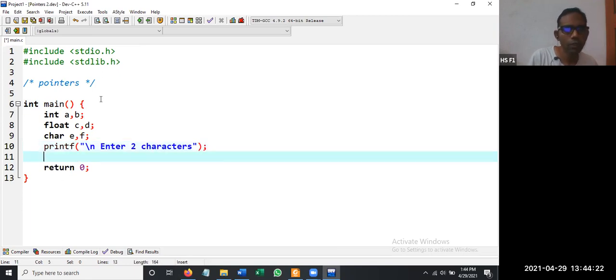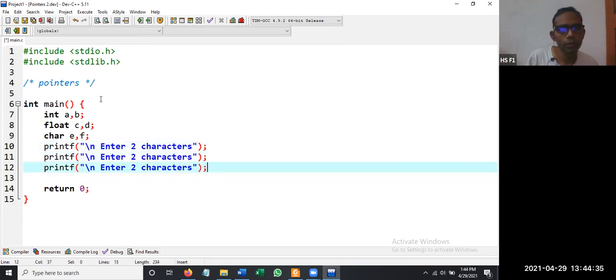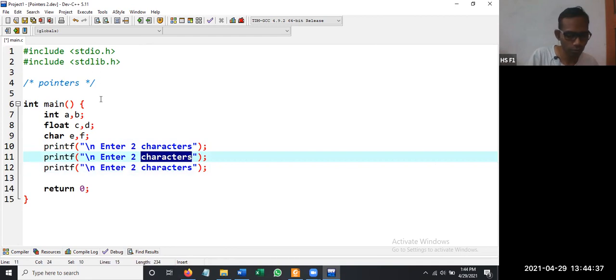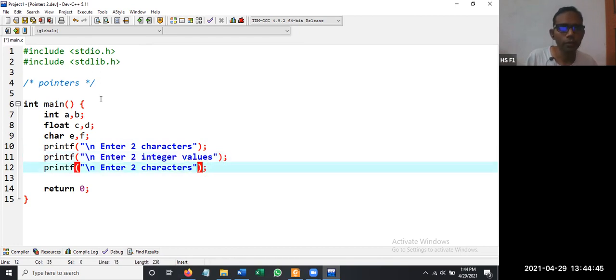What we are going to do is accept the values using pointers, and print the values using pointers, nothing more than that. So printf enter 2 characters, then enter 2 integer values, then enter 2 floating point values.